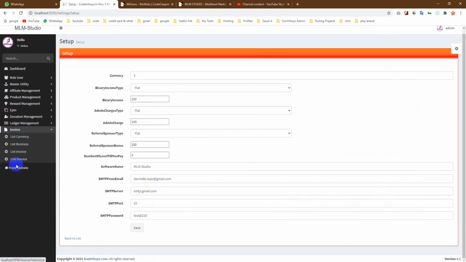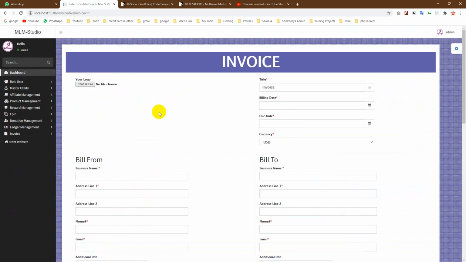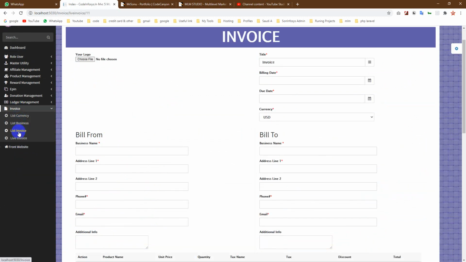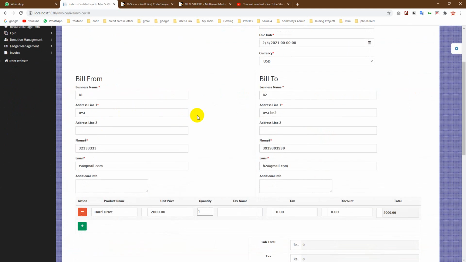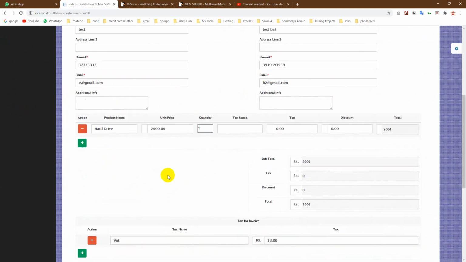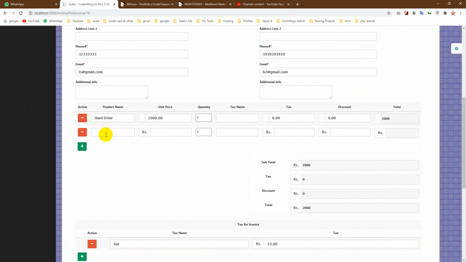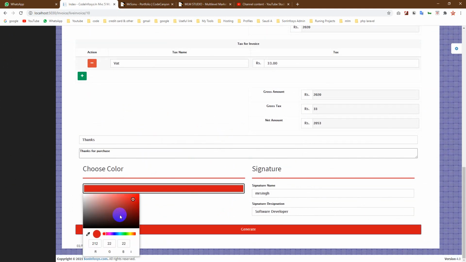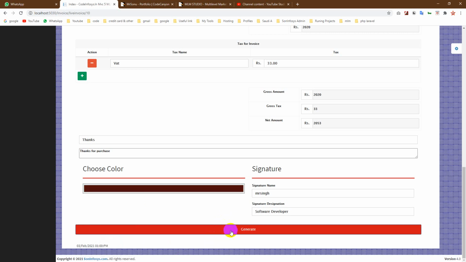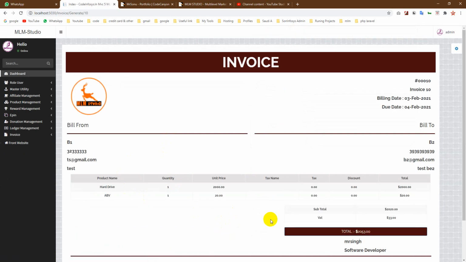Okay, then I show you which invoice we created lastly, 10th one. Okay, so you can also edit it after that if you want to add some more fields. Okay, remove field, more fields, you can add here. Like that, simply you can add it. Okay, if you want to change color after that, you can change it and done, right? So simply in this way, you can easily manage your invoice in the